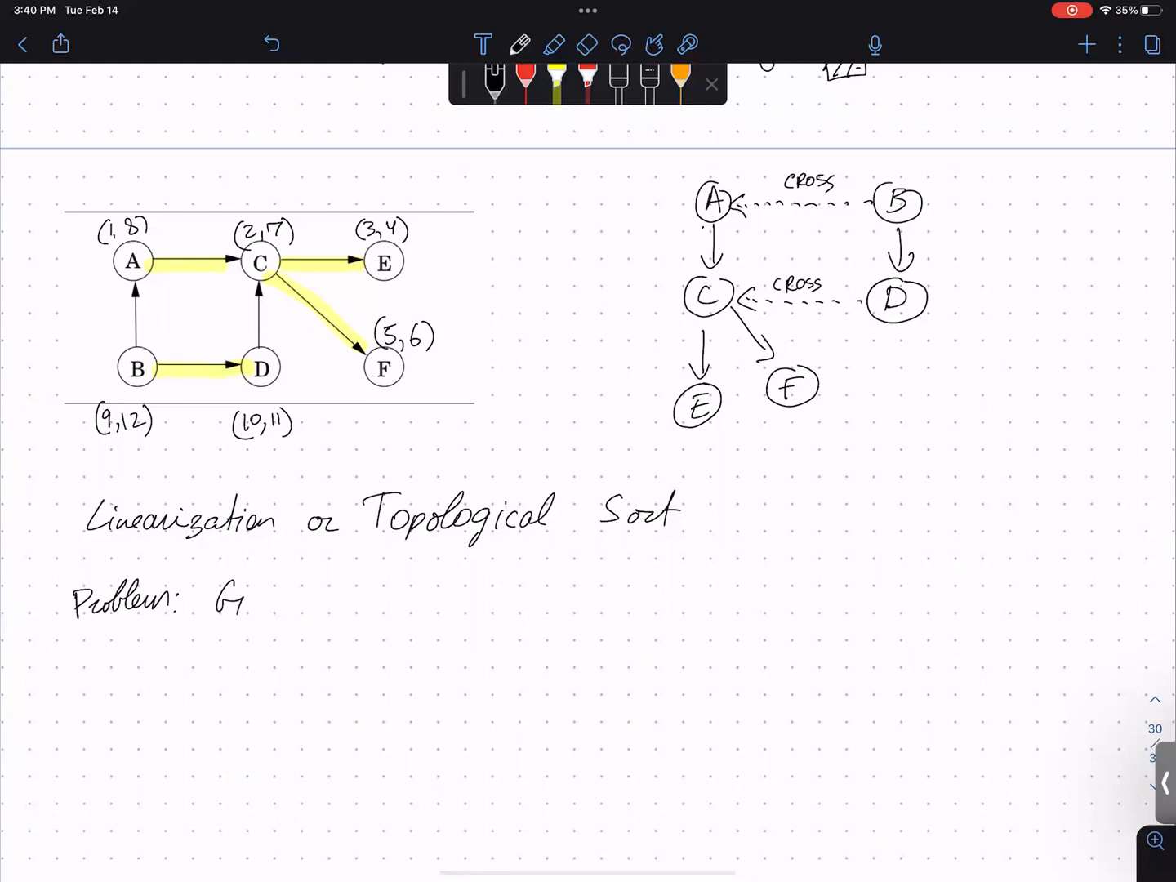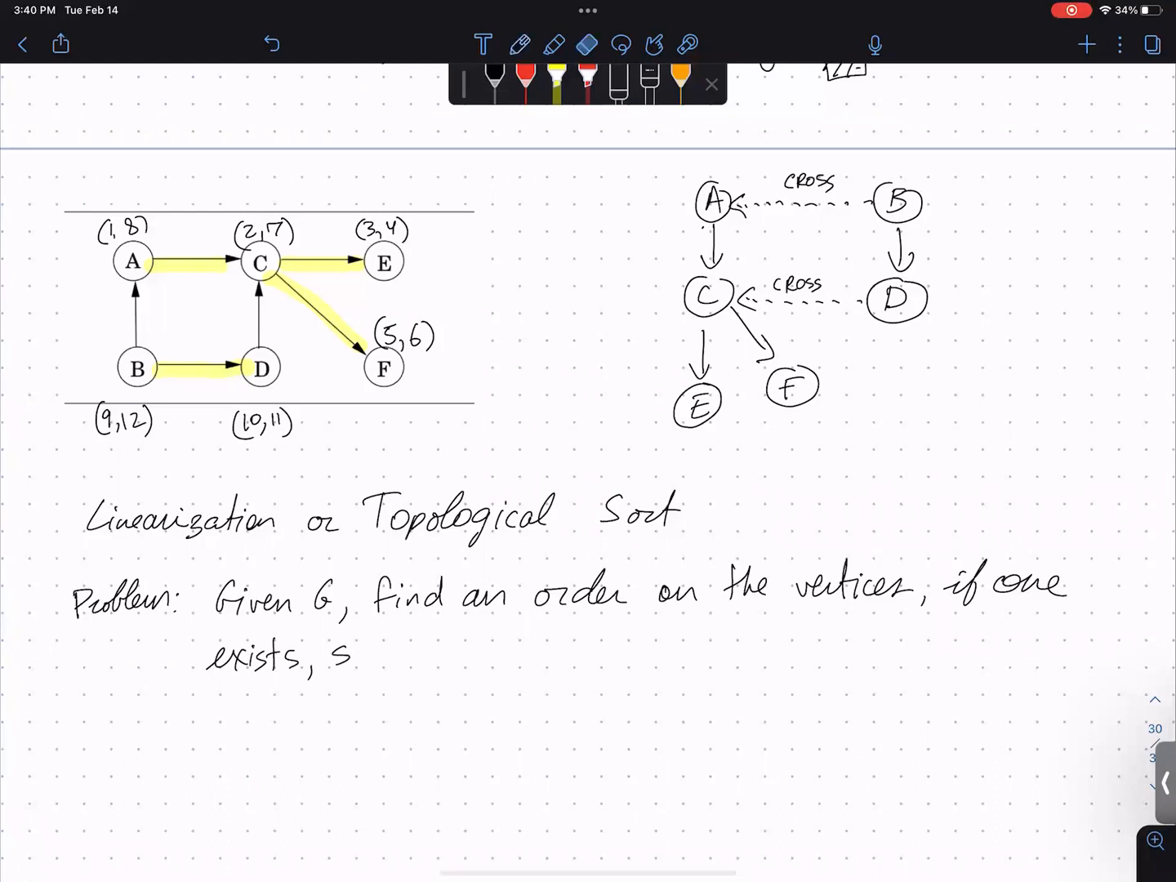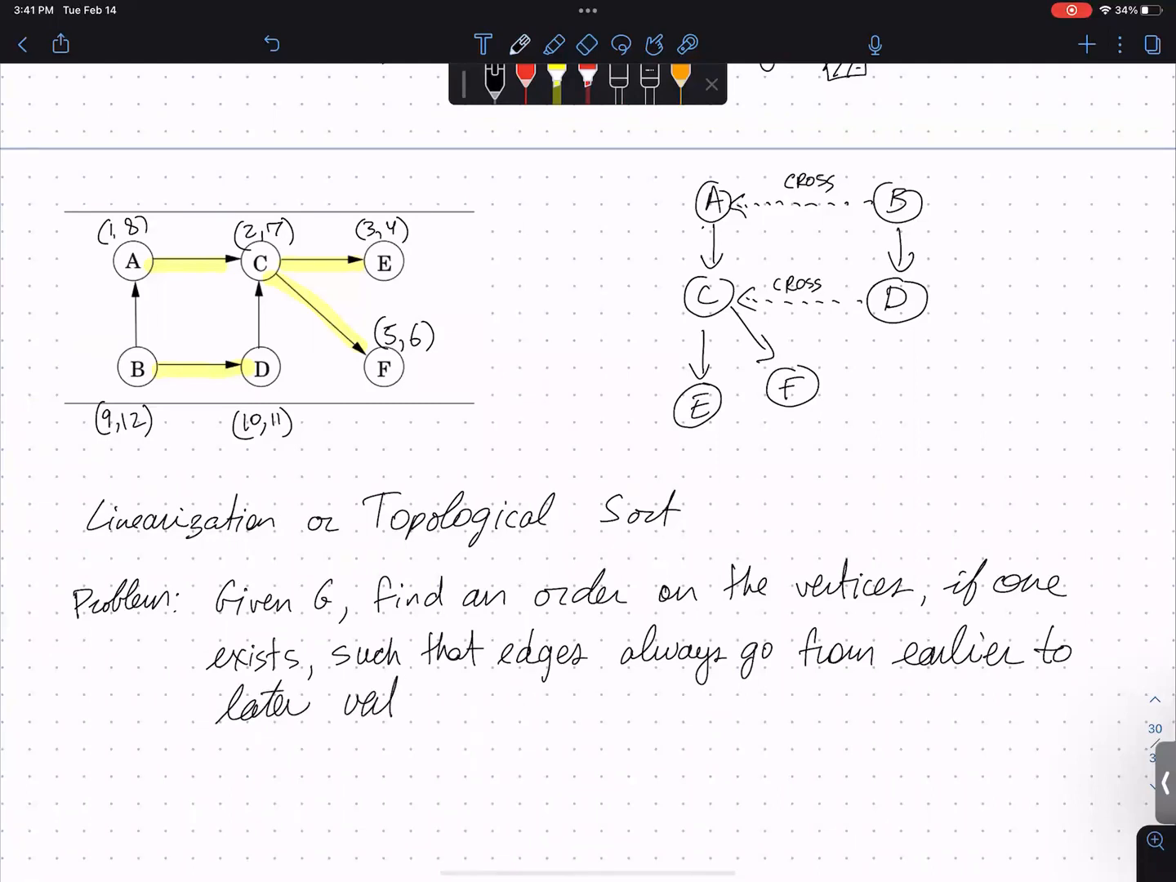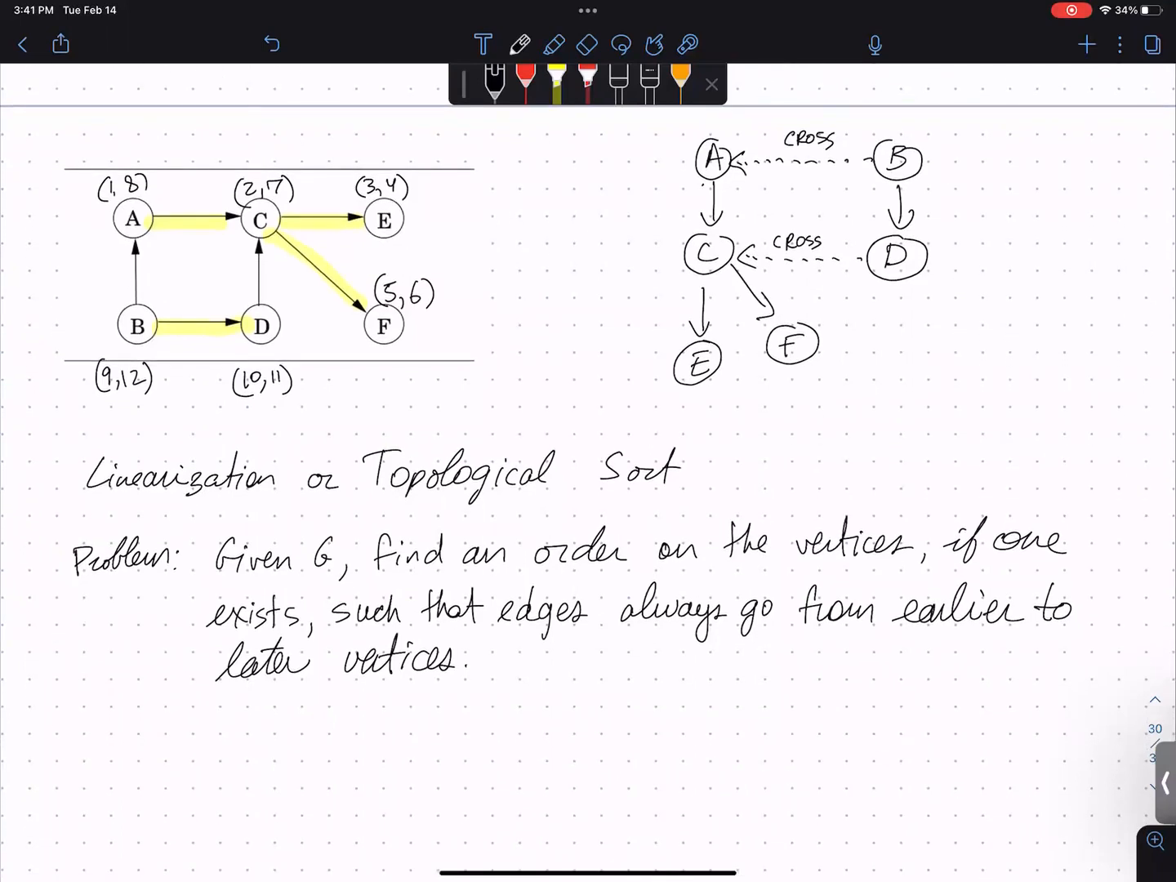So this is the problem. Given G, find an order on the vertices, if one exists, such that edges always go from earlier to later vertices. So like in the above graph,